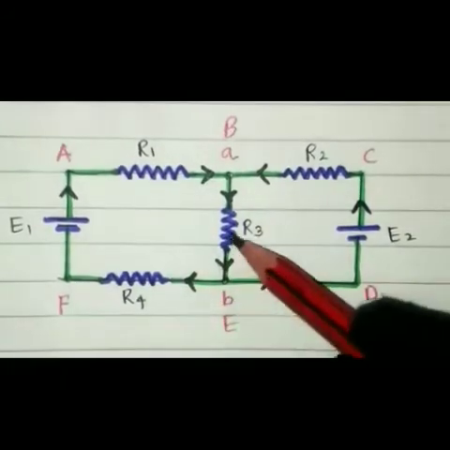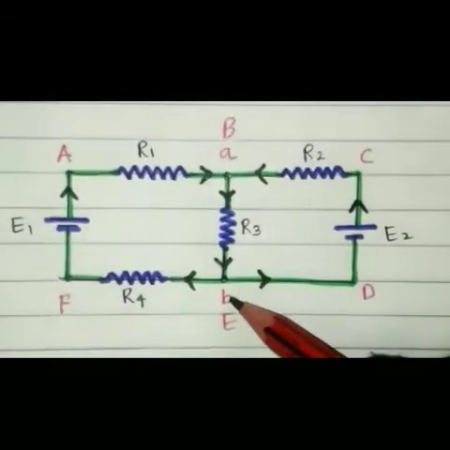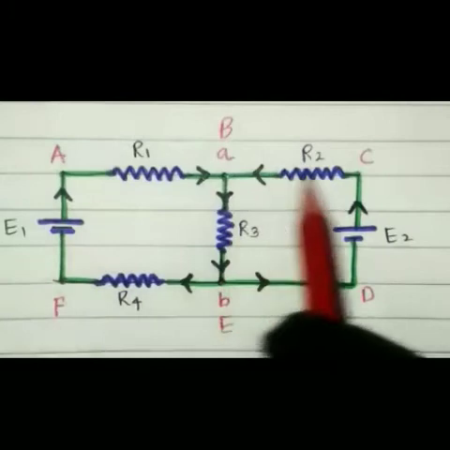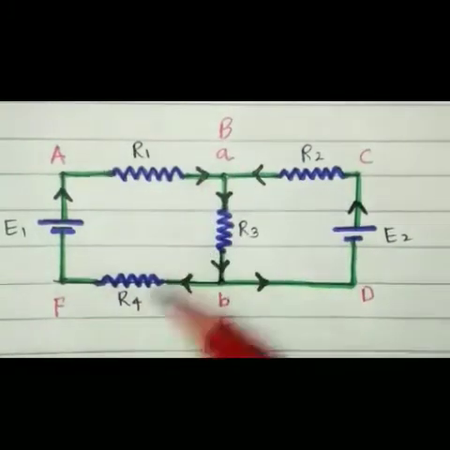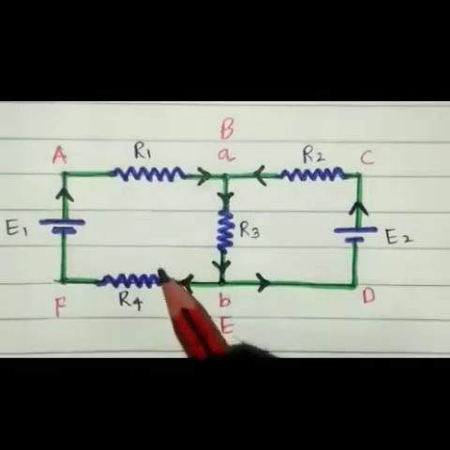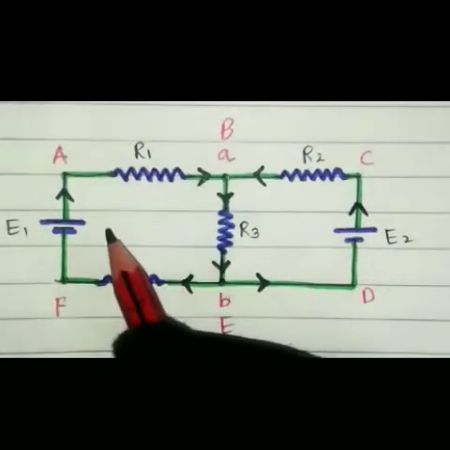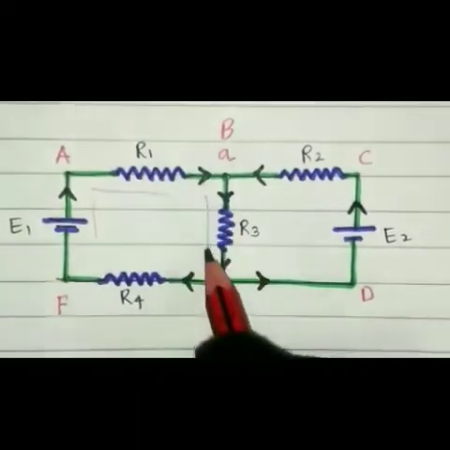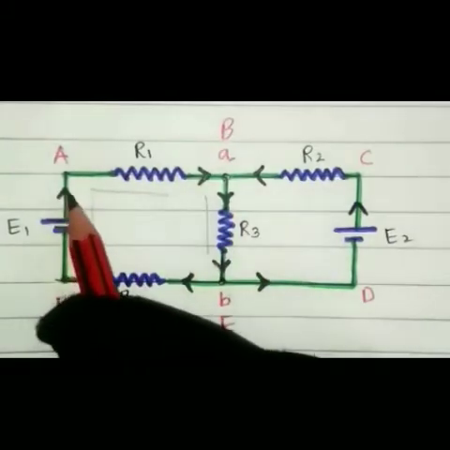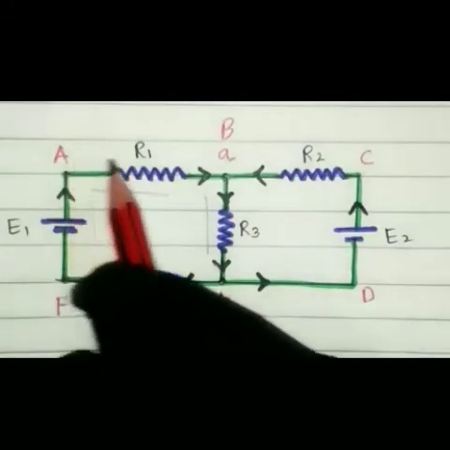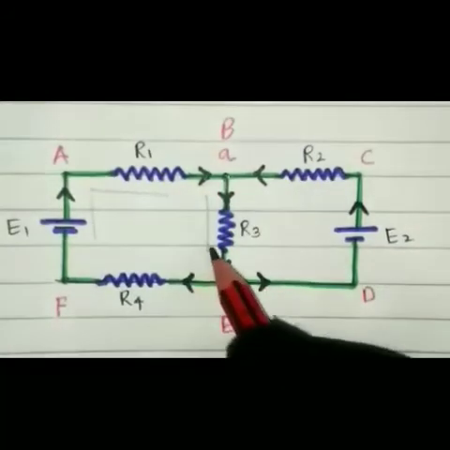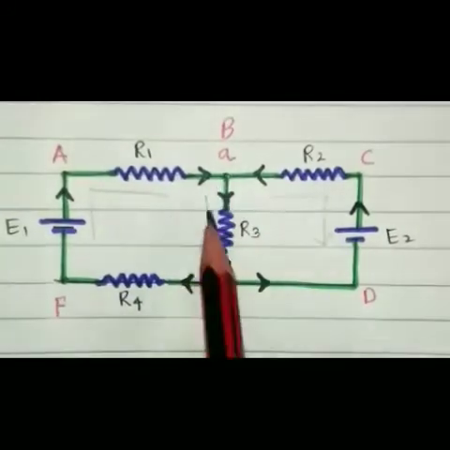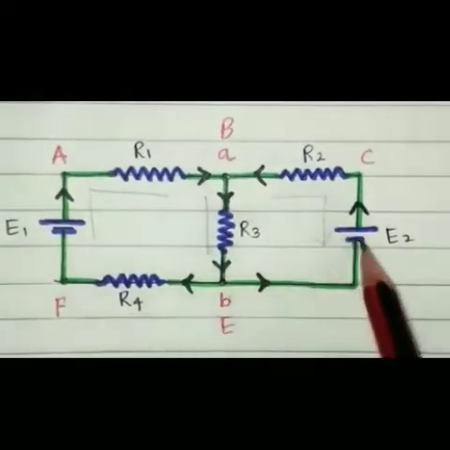How many junctions do I have? Two junctions, junction A and B. And how many loops? This is the first loop, the corner, this is the second loop, and this is the third loop. So in the overall circuit, I have 2 junctions and 3 loops. Now come to the branch. A branch is an electrical path where current can pass. You can see this is one branch, this is the second branch. The black arrow shows the direction of current. This is one path, this is the second path, and this is the third path. That means in this circuit I have 3 branches: first branch, second branch, and third branch.